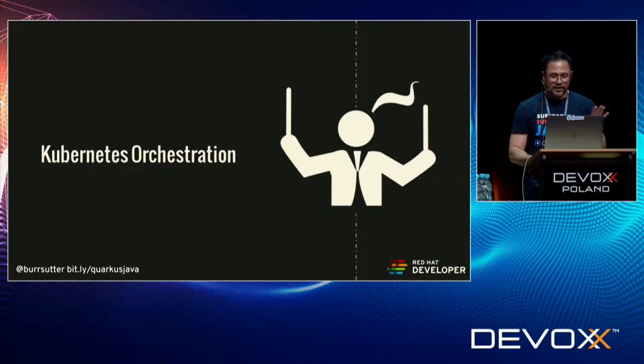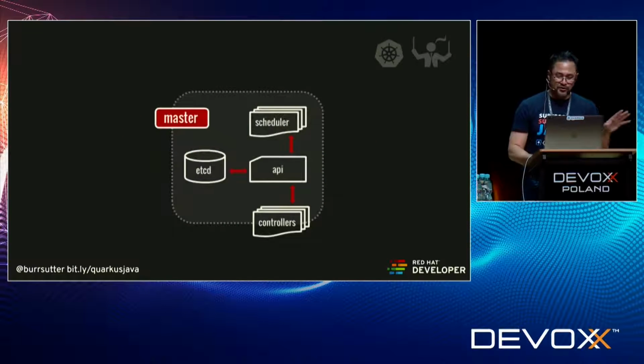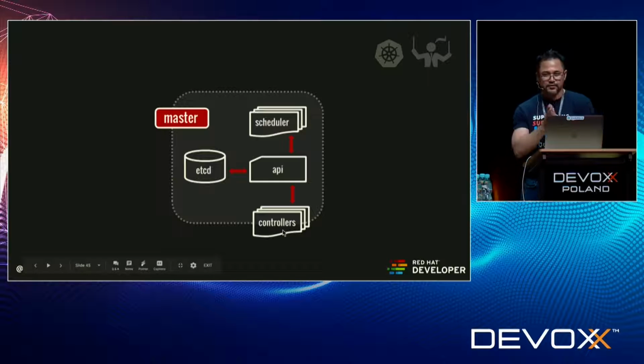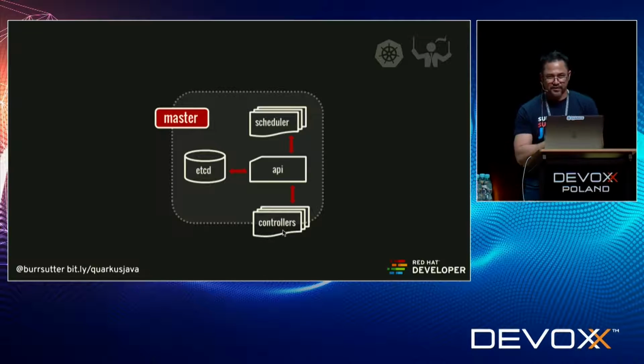Now, here's the thing I want to tell you about Kubernetes very quickly, because I'm going to show you a bunch of Kubernetes examples. The concept of Kubernetes is actually very straightforward once you get your head around it. It has the concept of a master, which includes this thing called etcd, which is its data store, its database of how it maintains its understanding of the world. You have to have 3 of these masters for a real production Kubernetes, because etcd needs 3. You have a scheduler, you have an API you interact with, and you have controllers. This becomes important when we do our deeper dive into Kubernetes tomorrow afternoon.